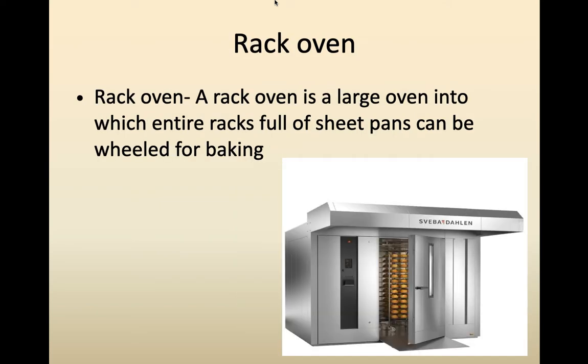Now there are a number of various ovens that are utilized in a bakery. You can see this one is the rack oven. In the rack oven you have large, horizontally arranged racks, 22 racks, 24 racks, 28 racks. So the rack oven is a large oven divided into sub racks, and you can place your baking sheet between those racks and bake your products. Depending on the size, shape and height of the product, you can arrange your baking sheets in the rack oven.